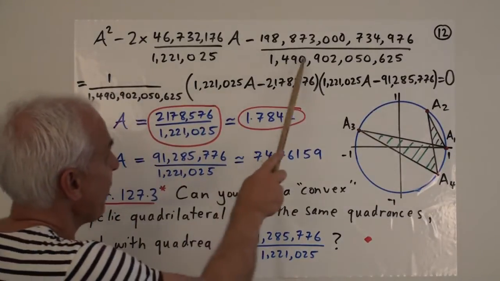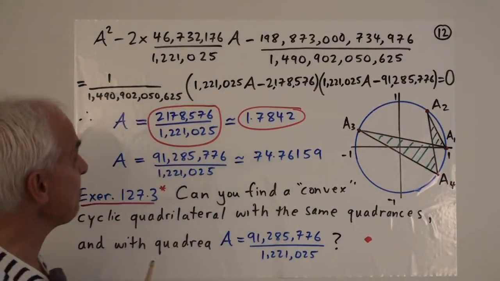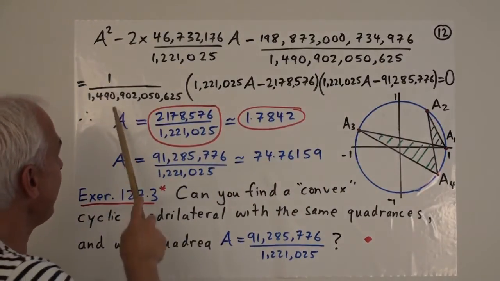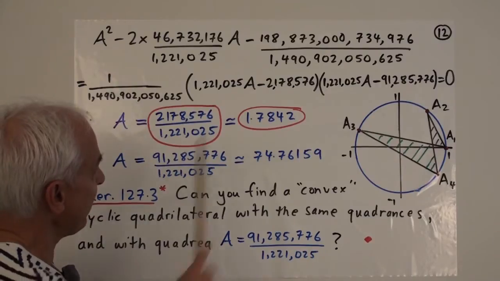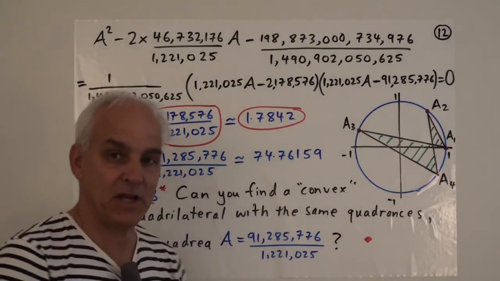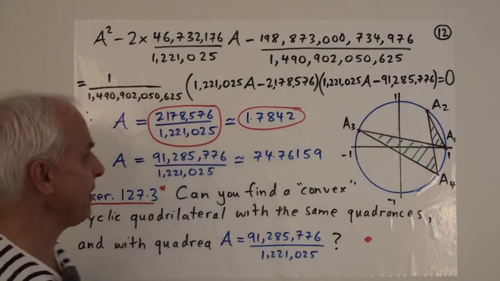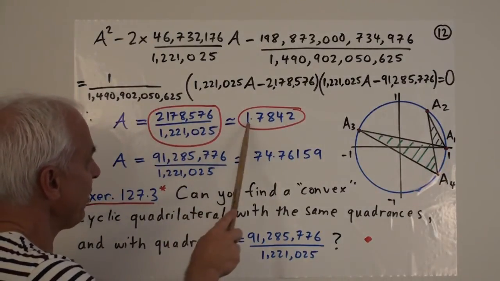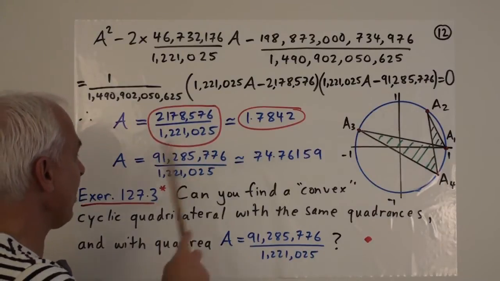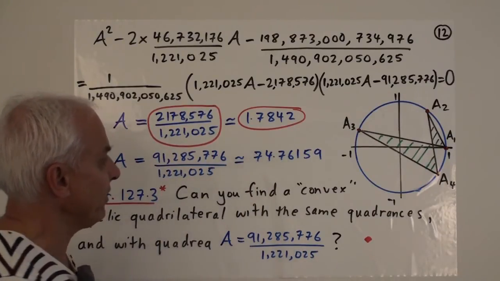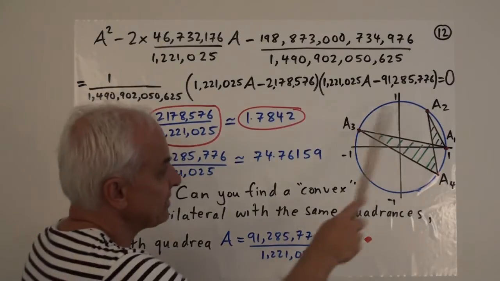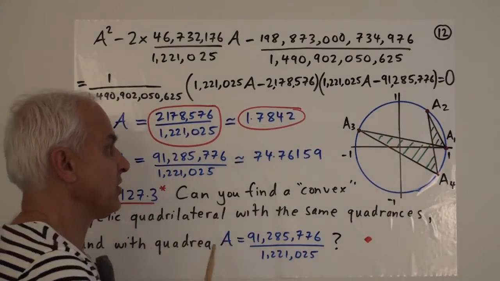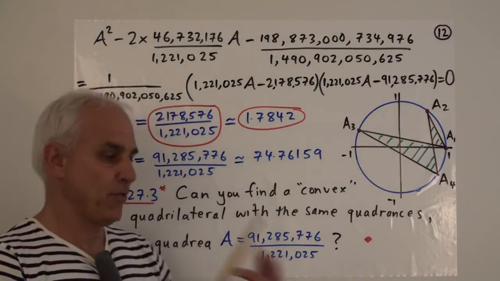Here is the quadratic equation given by our theorem. There's the M value, there's the P value, and after the common denominator is peeled off, it factors as a product of linear factors very pleasantly, and the two solutions are then this number, which is approximately 1.78, and this number, which is approximately 74.7. And in this case, the answer that we want is this one here, which is not too far from the